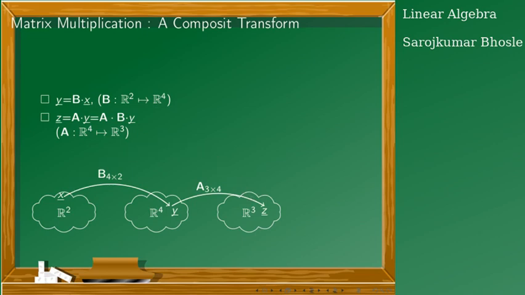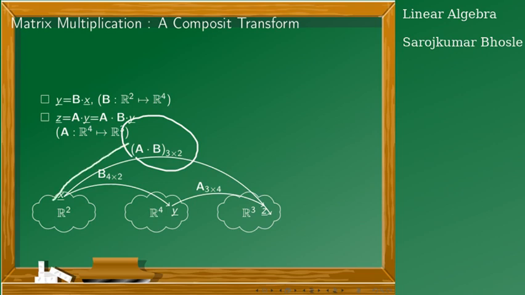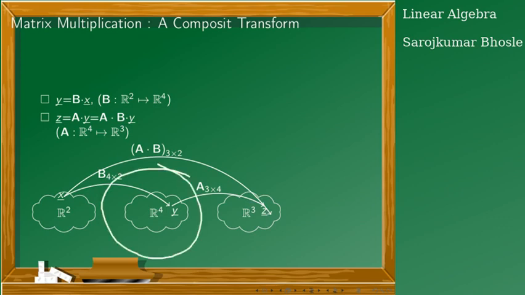So if we consider their product AB, what AB will do is, AB will take this vector in R square and it will transform it into z, in R to the power 3, or whatever size that set has. Now this transformation is happening through this set, through R4, and that is the reason that